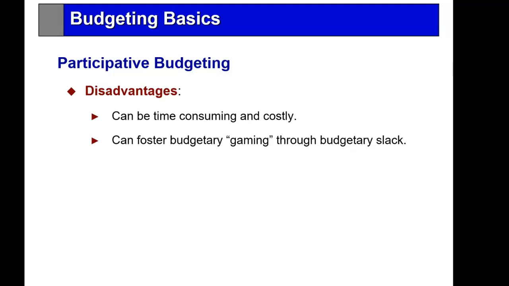That is to say, I'm pretty sure I'm going to sell 10,000 in Oman in January next year, but I'm not going to put 10,000. I could put 9,500. And that way I can make sure I'm going to meet my goal and even surpass my goal. Well, that's called gaming the budget. What we want is an honest estimate of the upcoming performance. So senior management is always looking for those managers who are gaming the system.